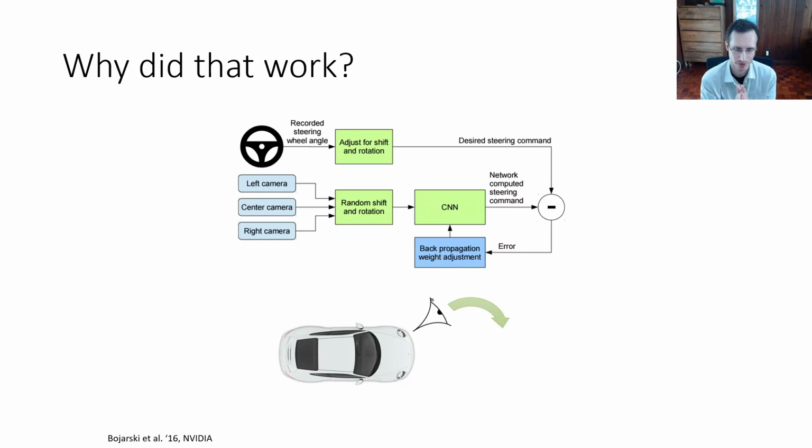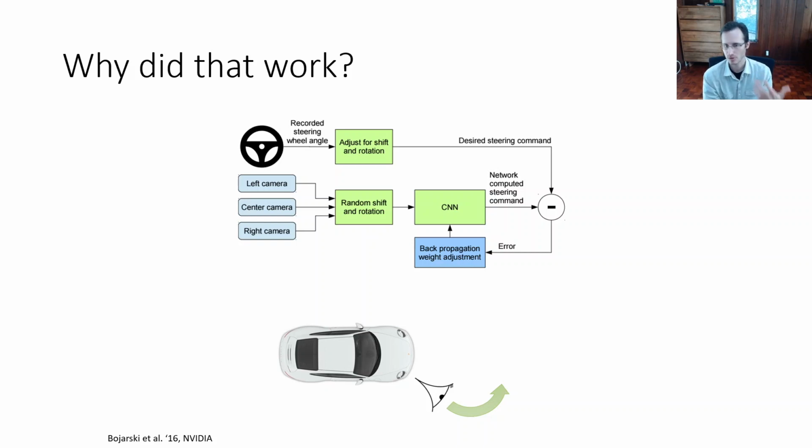So imagine what that camera sees. What the camera sees when the car is driving straight on the road is an image similar to what the car would have seen if it swerved to the left. And they synthetically label that with an action that corrects and swerves back to the right. And they do the same thing for the right-facing camera. They label it with an action that's a little bit to the left of the one that the human driver actually used. And you can kind of imagine how this might correct some of the issues that I discussed before,